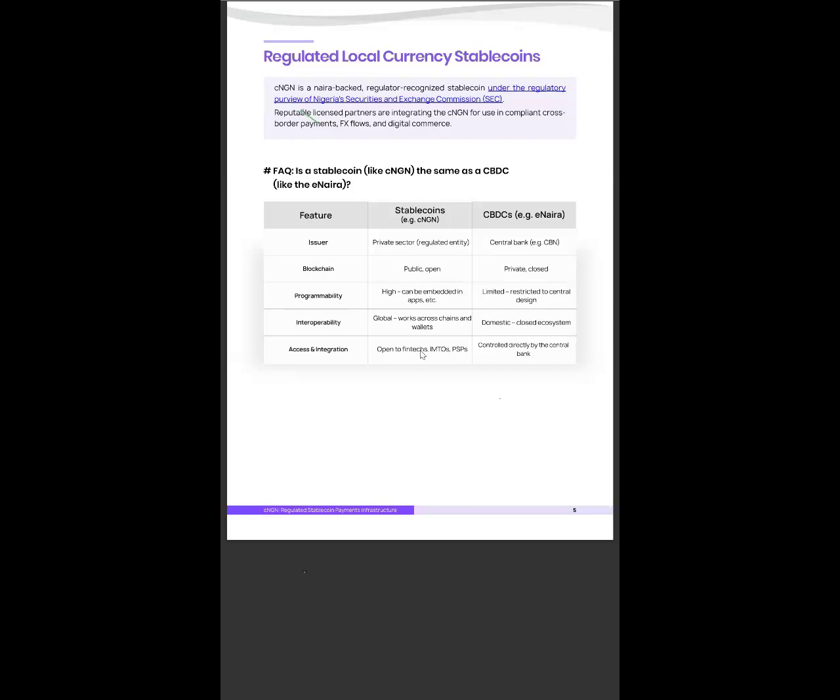There are a lot of wallets. I'm happy to maybe share a link with GP later to distribute to everybody. But there are a number of wallets and platforms that have now integrated cNGN. And I'm aware that a lot of the international exchanges are very, very interested. I know Coinbase Wallet is interested, Kraken. So we'll definitely see more and more in the coming months. But in the meantime, yes, a lot of wallets have integrated it.